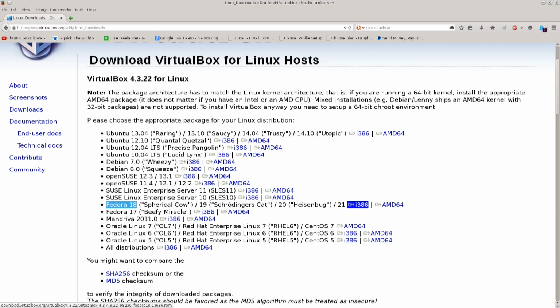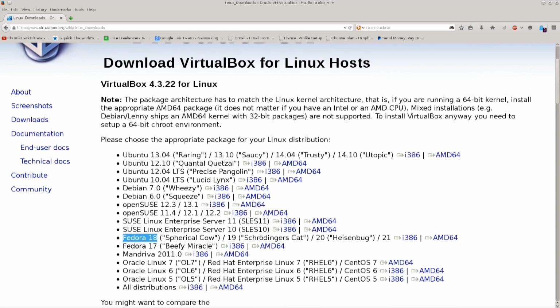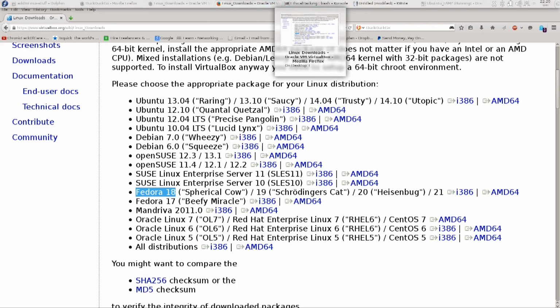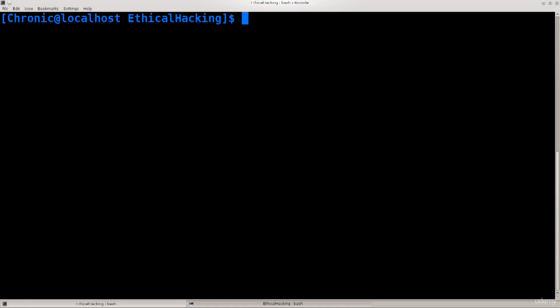Anyway, right next to it, you have i386 and AMD64. What do these markings mean? Well, basically, they're just references to 32-bit and 64-bit architectures. If you do not know whether your machine is 32-bit or 64-bit, no problem. Just open up your terminal, type in uname